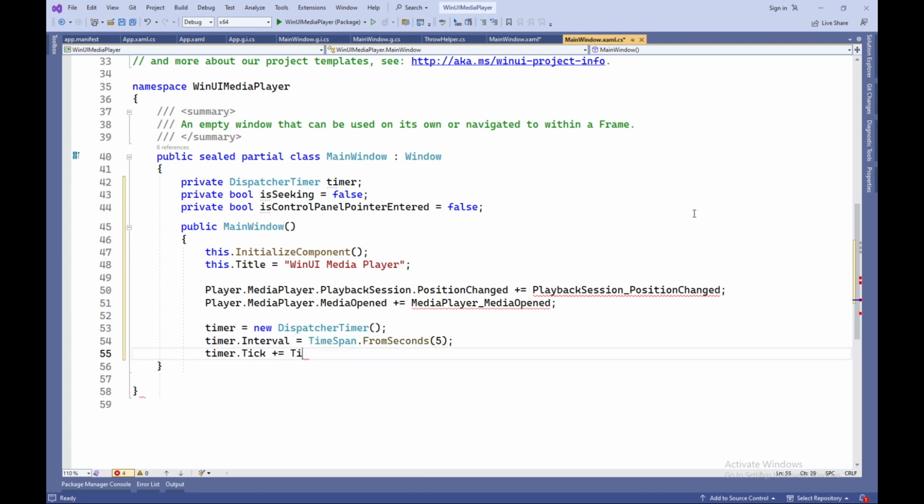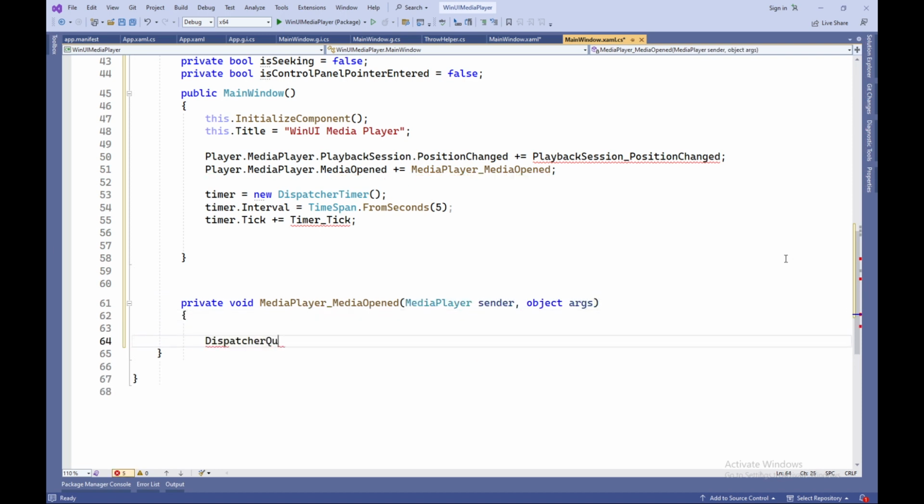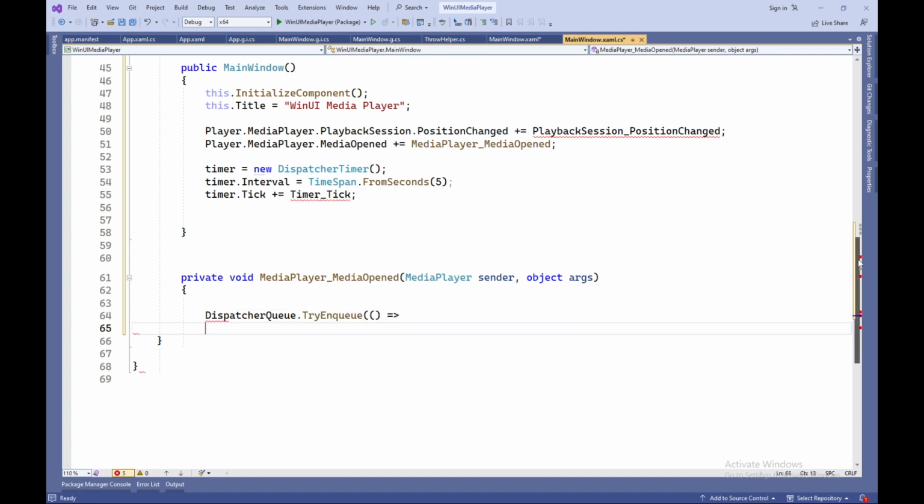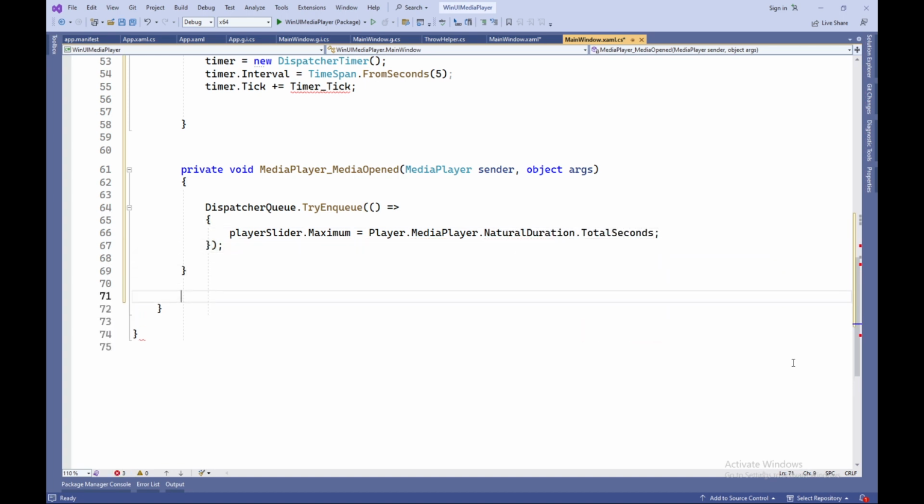Player.MediaPlayer.MediaOpened += MediaPlayer_MediaOpened, binding an event handler of MediaOpened of the MediaPlayer object to the MediaPlayer_MediaOpened method. timer = new DispatcherTimer, creating a new DispatcherTimer object and assigning it to the timer variable. timer.Interval = TimeSpan.FromSeconds(5), setting the timer interval to 5 seconds. timer.Tick += timer_Tick, binding the Tick event handler of the timer to the timer_Tick